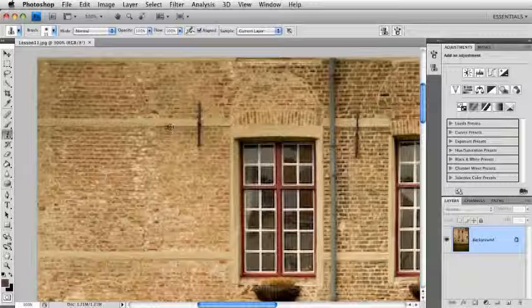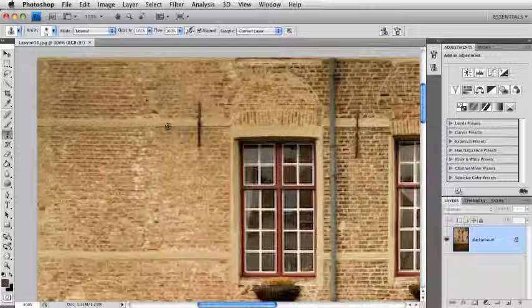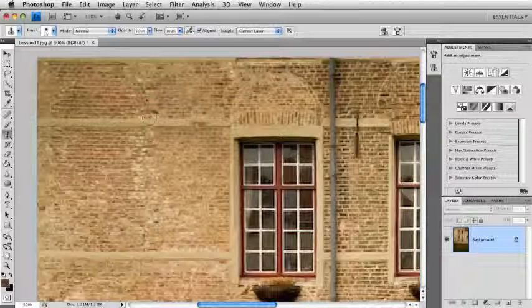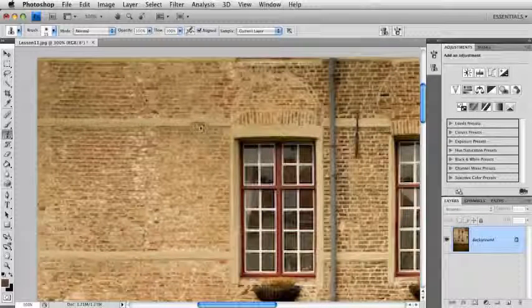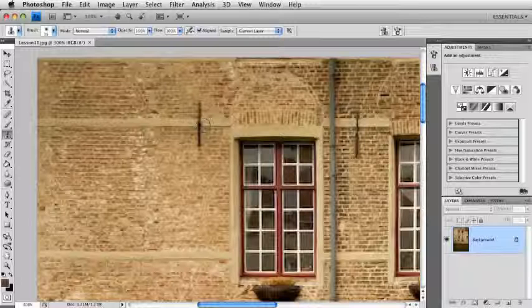Alright, I'm going to hold down the Option key on Mac, Alt key on the PC, and I'm going to sample from right here. So I'm just going to click, and then I'm going to move my cursor over here, and I'm going to start painting, and watch what happens. We did not match the pattern on the wall up with what we were cloning over. Alright, and the reason why we didn't match it up is because you're guessing what your